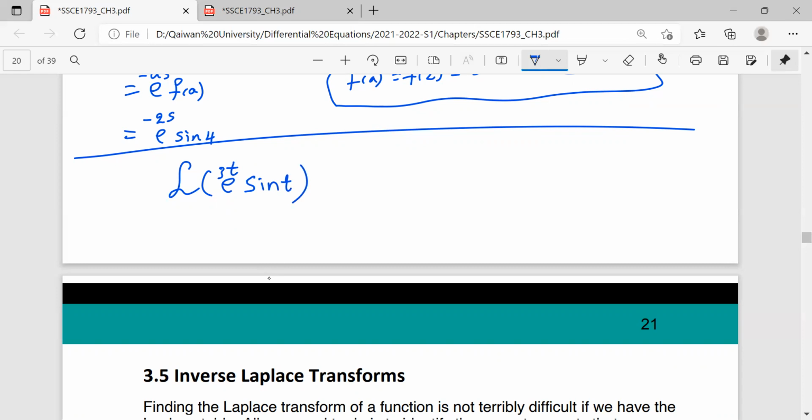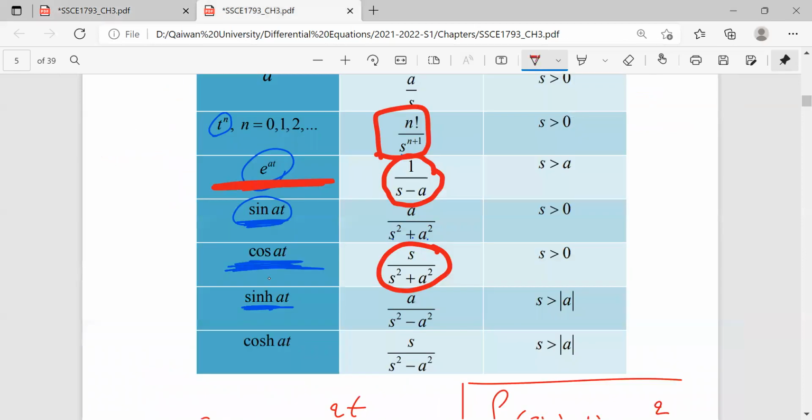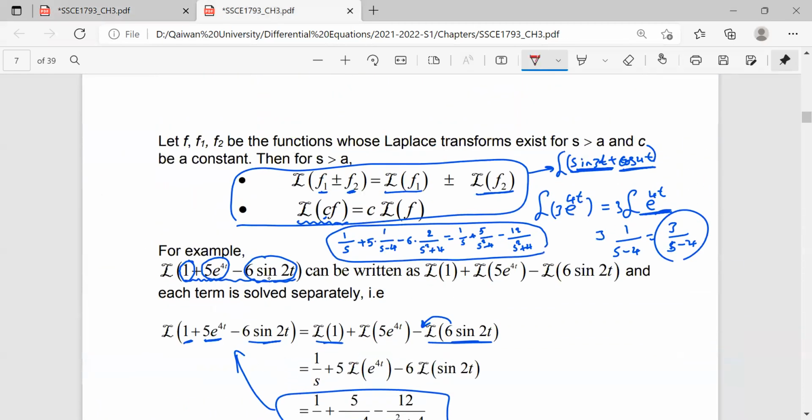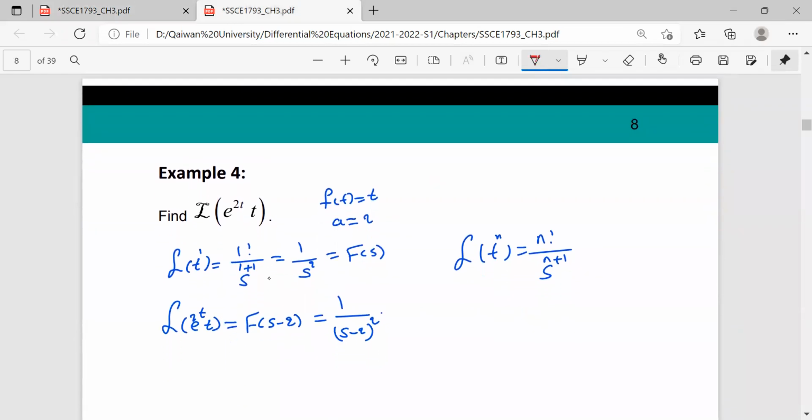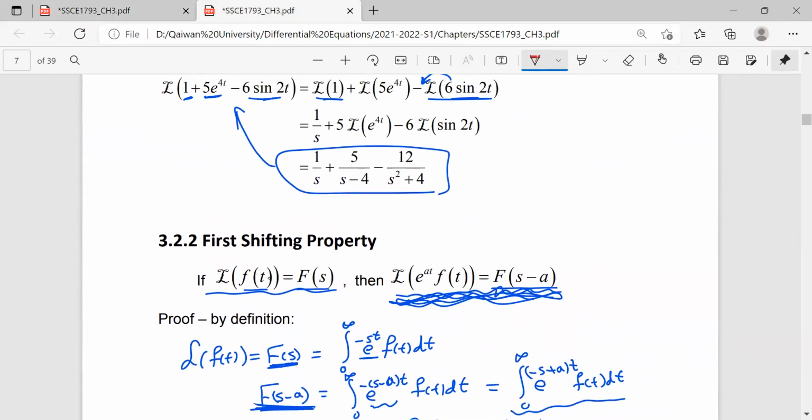Here, this is a. We use the properties. Look, we have some properties of these. We say if you have the Laplace transform of e to the power at multiplied by a function of t, it equals f of s minus a. Here, we are going to find the Laplace transform for the function f of t, and then replace each s by s minus a. For example, the Laplace transform of e to the power 2t